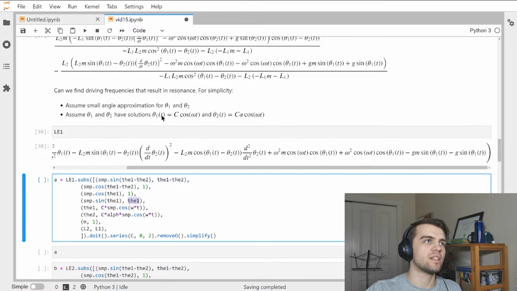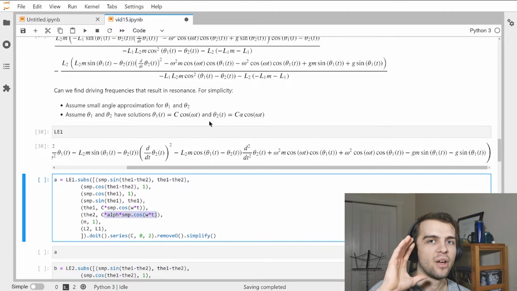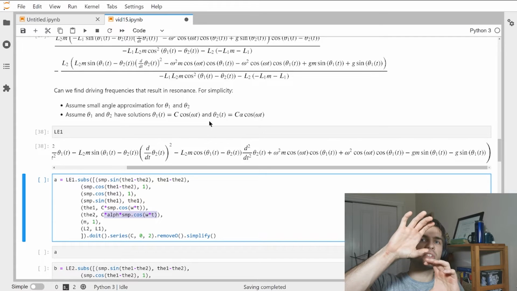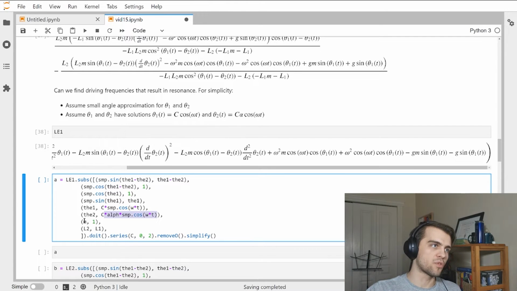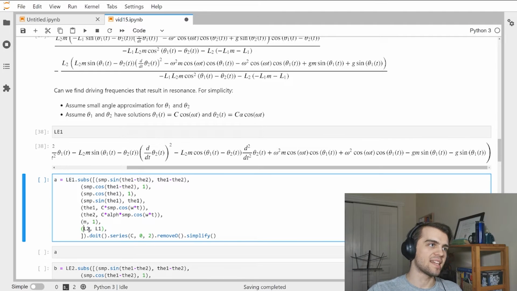Then I'm going to put in the specific forms of these solutions, right? So theta 1 is equal to c times cos omega t. Theta 2 is c times alpha times cos omega t, right? So now I've put in these specific forms. Finally, I'm going to assume that the two lengths are the same and the two masses are the same. So for that, I set m equal to 1 so that both of the masses are unitary. And I set L2 equal to L1. And so if I just run this code here,